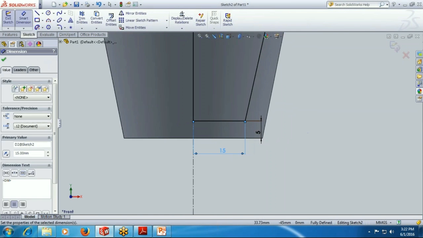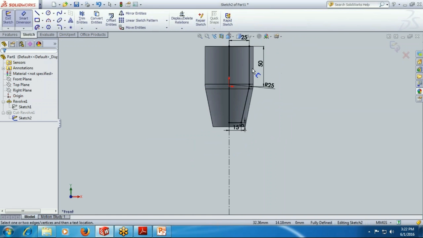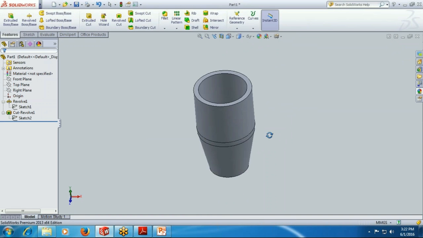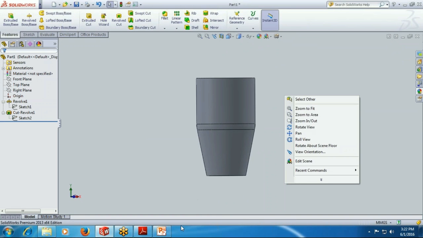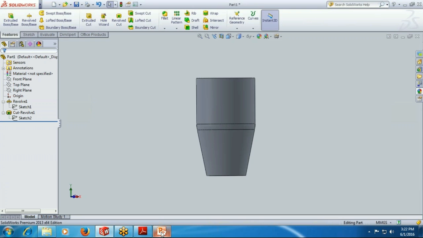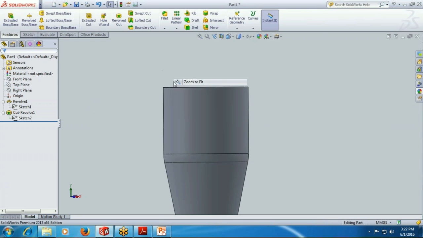This should be 15 now, so we have just given the value which is 15 and make it done. So now we'll see there the object has been cut out. Now we can see there is an overcut there like this. So if you want to draw this, you can make it also